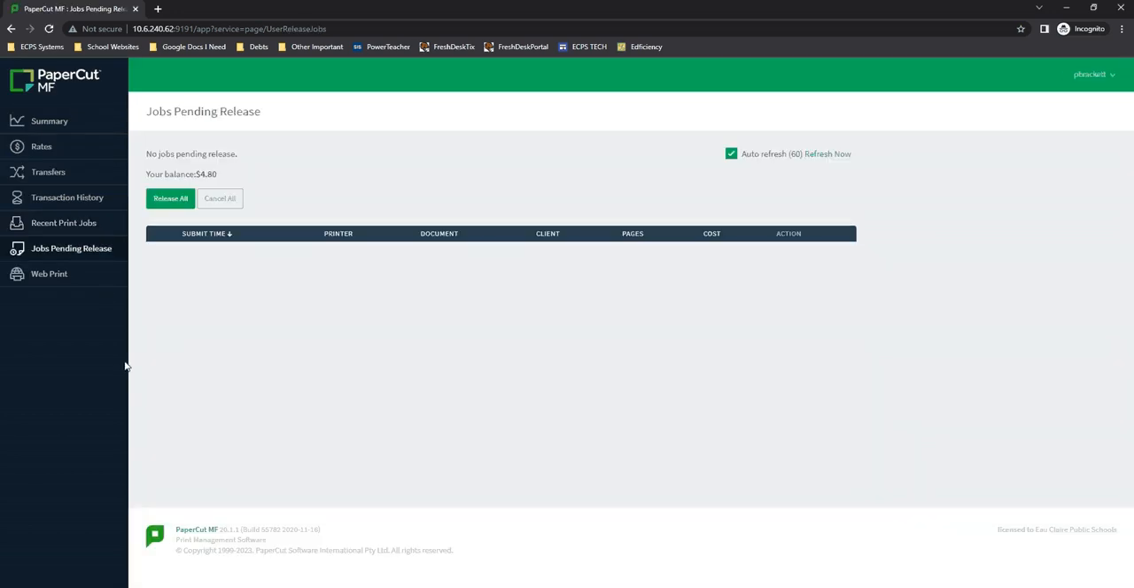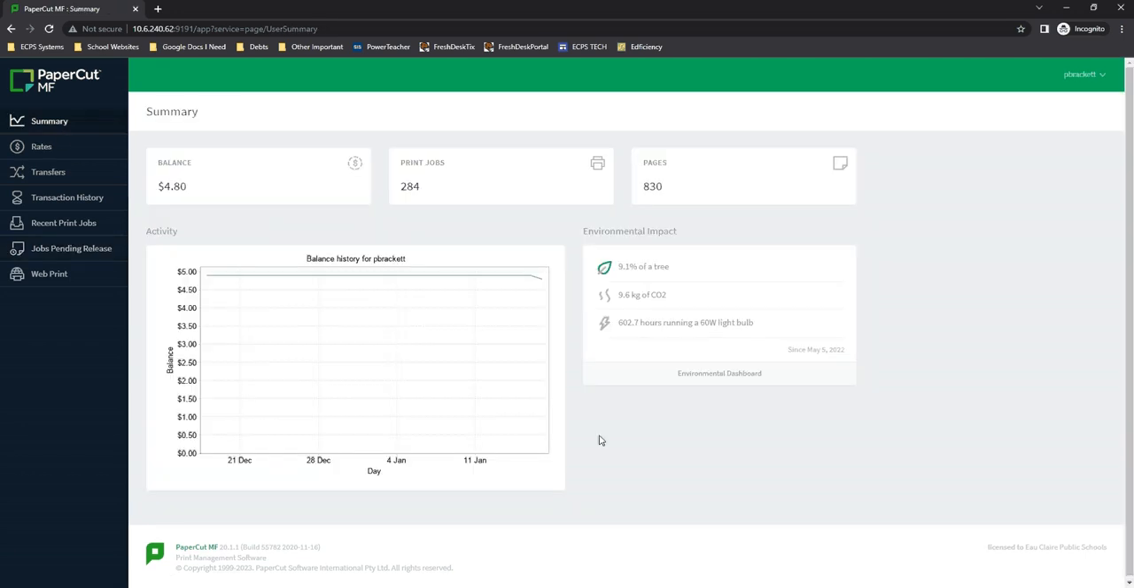Jobs pending release. If you've printed anything to a queue and it's still sitting in the queue, it would show up here on this page. So this is important for you to be able to access the printing that you're doing and get a sense of how much you're printing,